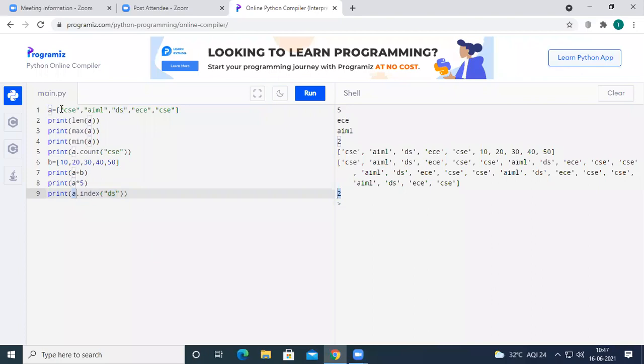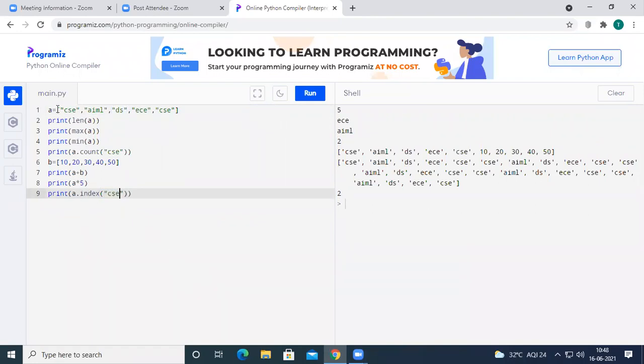If you go through the list A, CSC was stored at index number 0, AIML at index number 1, and DS at index number 2. So we are getting 2 as an output for this index method. It returns the index where the given value was stored inside the list. For example, let us consider CSC here.